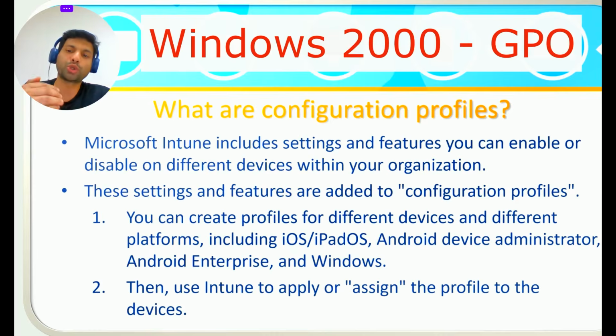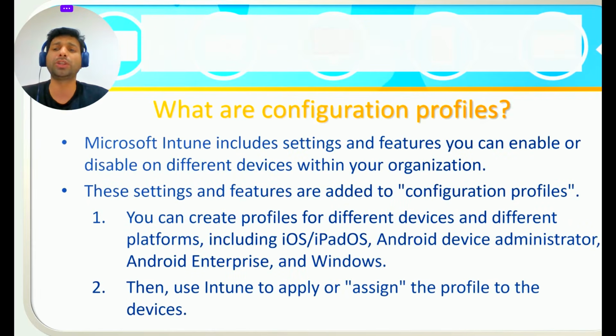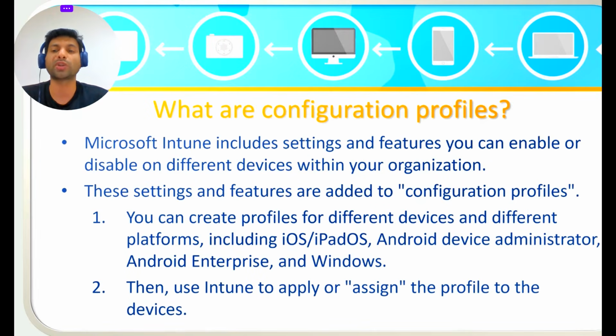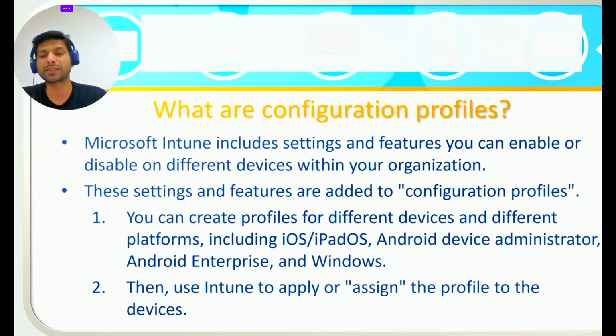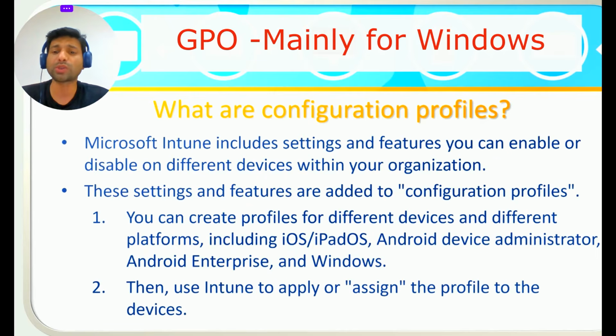And then when Windows 2000 came out in the year 2000, they introduced GPO, Group Policy Object. And that was, flat out, probably the most powerful thing we had as an administrator in a Microsoft domain for controlling configuration settings on people's machines. We could enable, disable things, but of course, that was always geared towards Windows